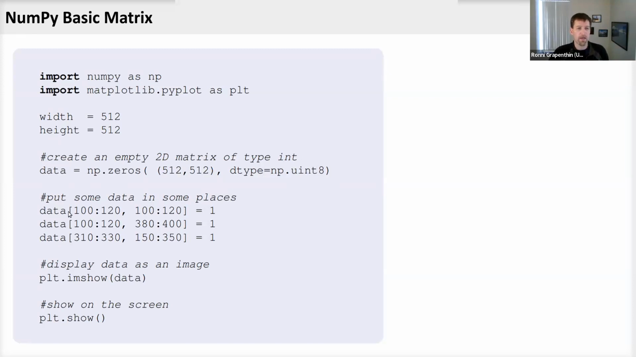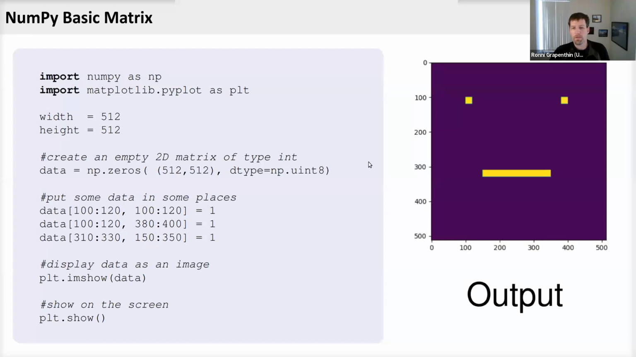We are saying that data from 50 should be 1. And then we can simply display the data as an image with the pyplot that we imported here. There's a function imshow, image show. We'll give it a matrix and it displays it as an image, and we plot it to the screen. And this is what it looks like. We just made a face. This is our matrix, 512 by 512, right? Row 100 through 120, and then 100 through 120 column is all ones. Here's the second